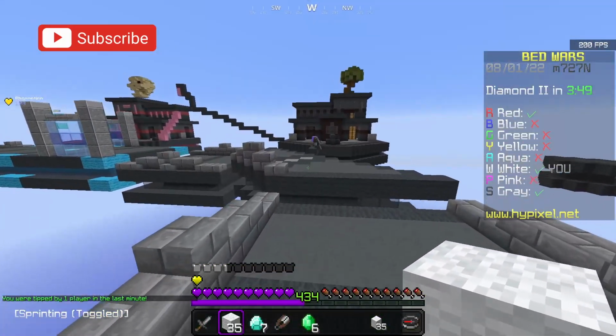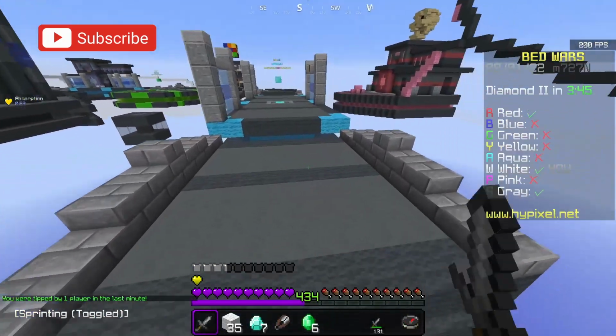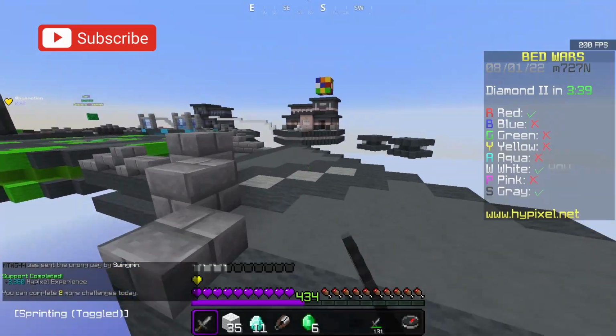And I see gray building out right now, so I'm going to knock them in the void. I could definitely run in there and get their bed really quick, but I would risk losing 7 diamonds and 6 emeralds. If I can just get these things back to the base, I am going to win this